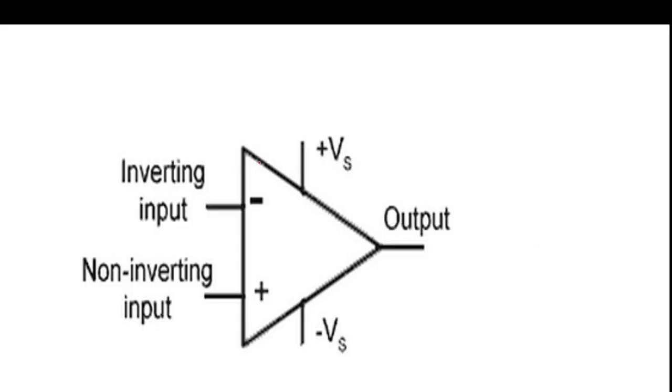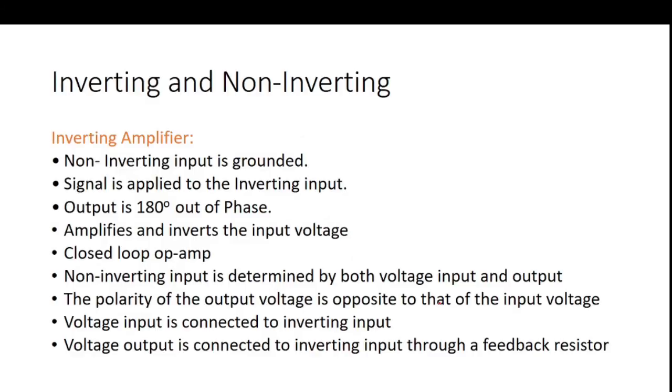So this is the block diagram of an operational amplifier. This is a buffer circuit. It consists of two important input terminals. One is the inverting input terminal, the other is the non-inverting input terminal. This is the positive dual supply here, positive here, negative supply here. Then the output is taken here. This is a very important thing.